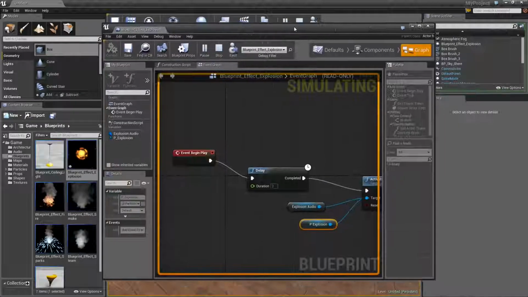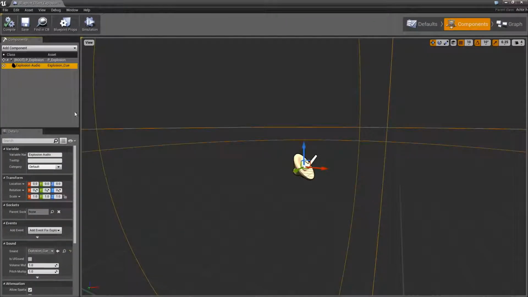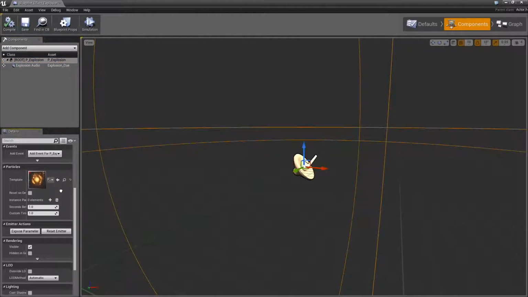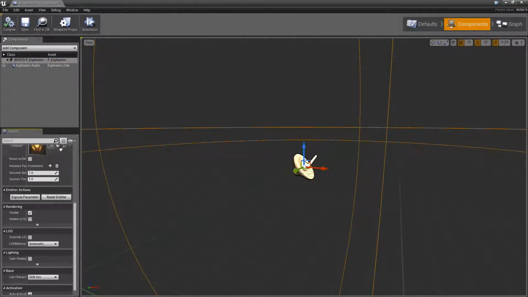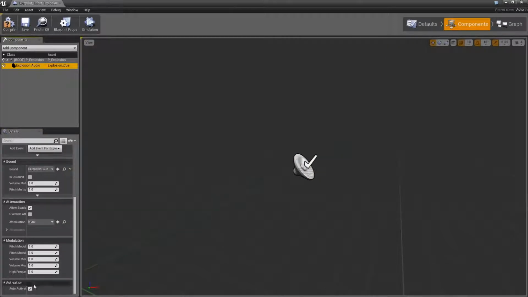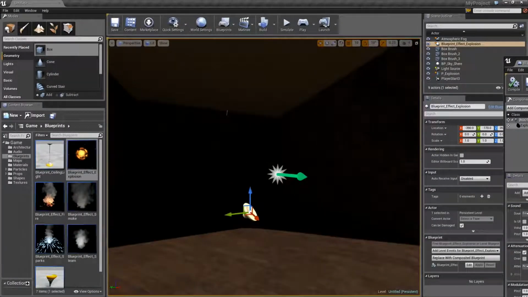Now, you'll notice it exploded twice, and that's because of the settings of the components. So we'd want to make sure that our explosion particle system, so we got our P explosion here, if we take a look in its settings, it's probably starting active. Yep, there it is. There's auto activate at the bottom. We don't want that to be on. And then for the audio, also turn off auto activate, and then compile and save. And that way, when we play the game,